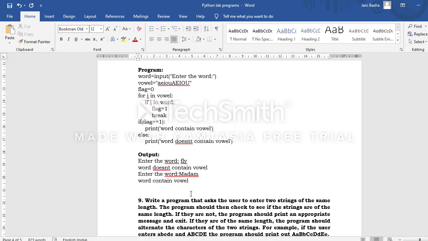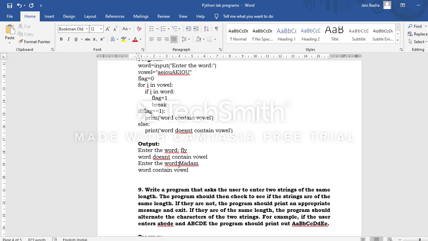You can observe the output first, then we'll follow the program. First I have entered the word fly, F-L-Y.